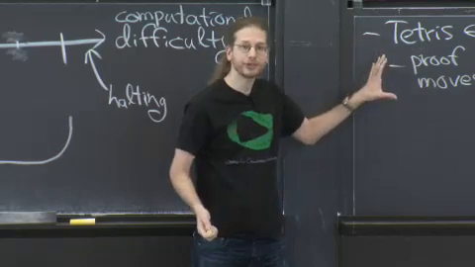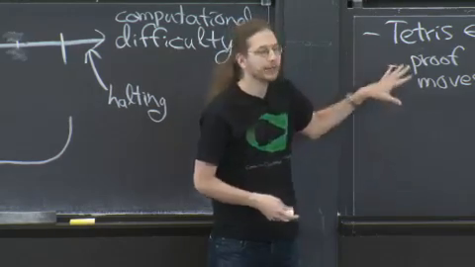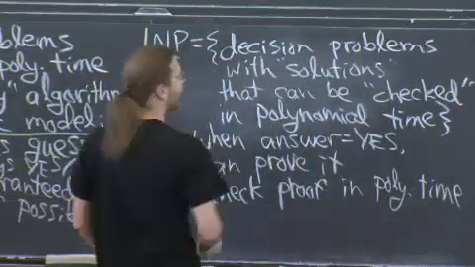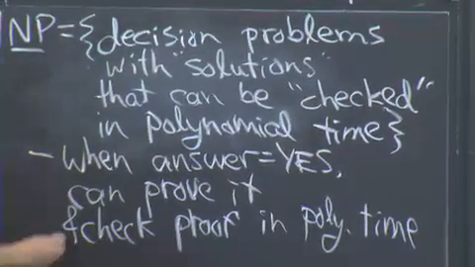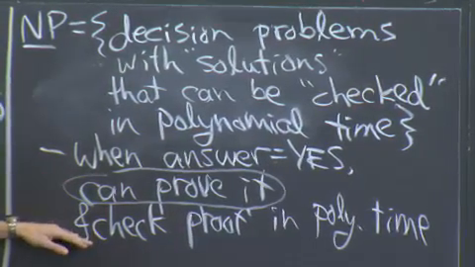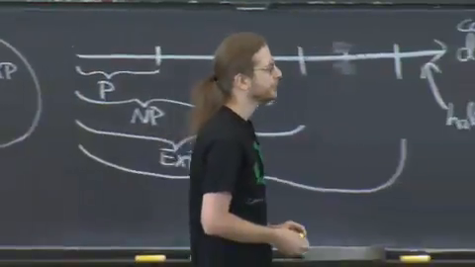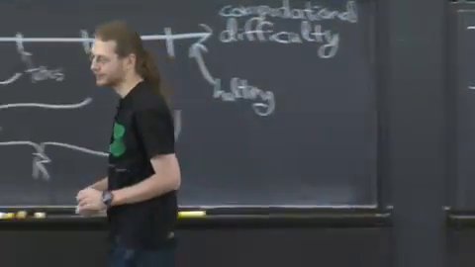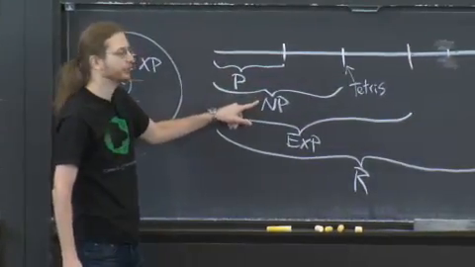So in Tetris, the rules are easy to implement. It's the knowing which way, what thing to do is hard. But in NP, knowing which way to go is easy. In this version, you don't even talk about how to find the solution. It's just a matter of, can you write down a solution that can be checked? We don't know how to solve it in polynomial time. You get arbitrarily much time to prove it. But then the check has to happen in polynomial time. Kind of clear? That's Tetris. And every problem that you can solve in polynomial time, you can also, of course, check it.